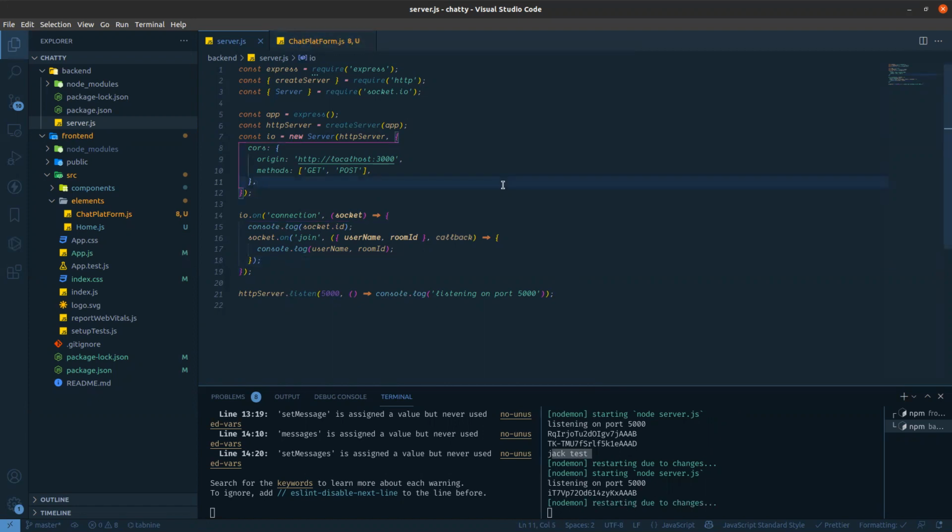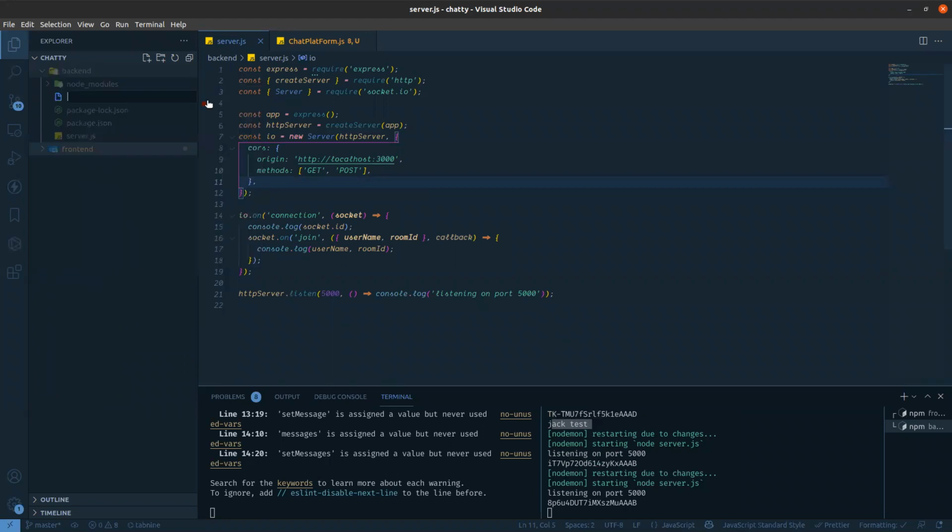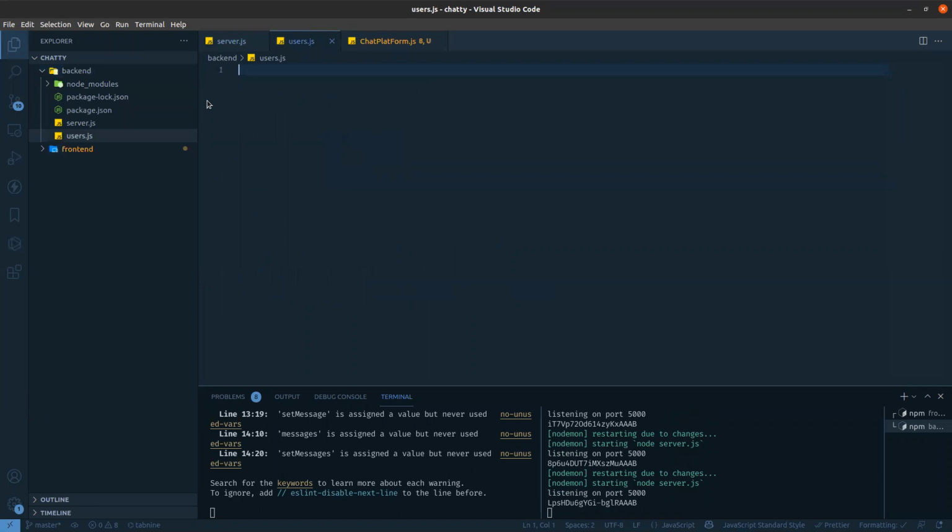Now go to the backend, not the front end. Here I am creating one file, that is users.js. It is just handling the users. We are creating some methods there like add user, delete and so on. I am only managing one array. I'm not going to use any database. So I'm creating one array for users, initially blank.